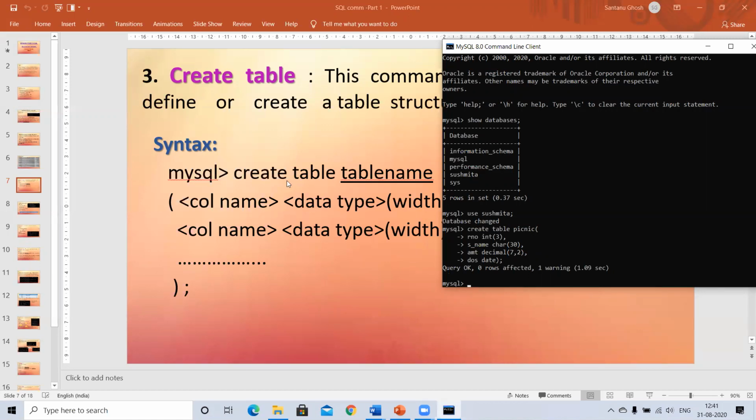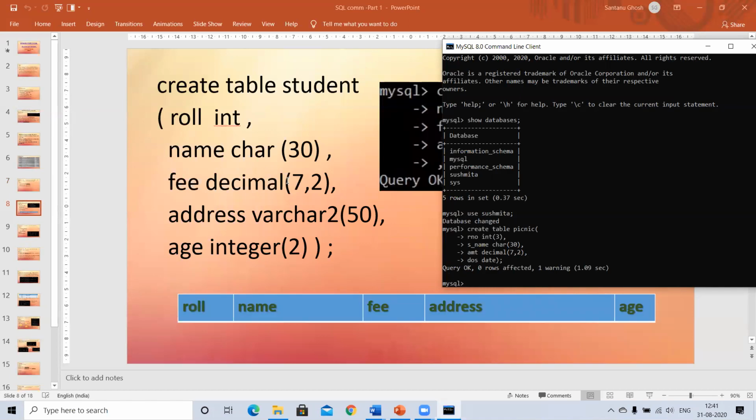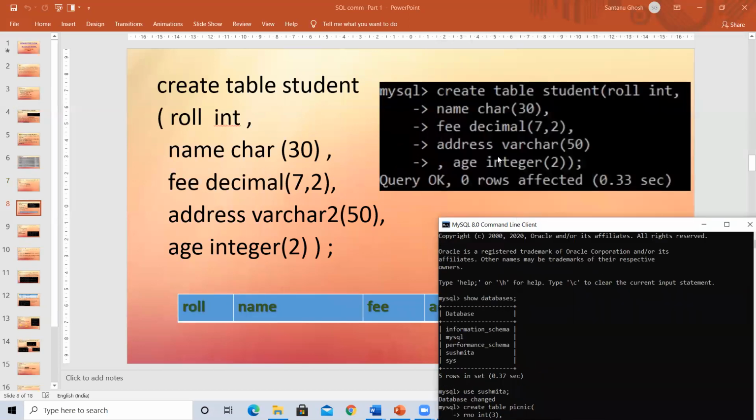Now, how do I know, or how do I check that my table has been created? Here I've taken another example in the PPT, a student table. I've taken roll number as integer, and see, I've not given the size for int. With int I can go for the default size, which is quite a huge amount. 9 digits are accepted, so you might opt for not giving the size if you're not sure. Name char 30, fees decimal 7 comma 2. I think 7 comma 2 has become my favorite. Address varchar 50. As of now I've taken a varchar example too.